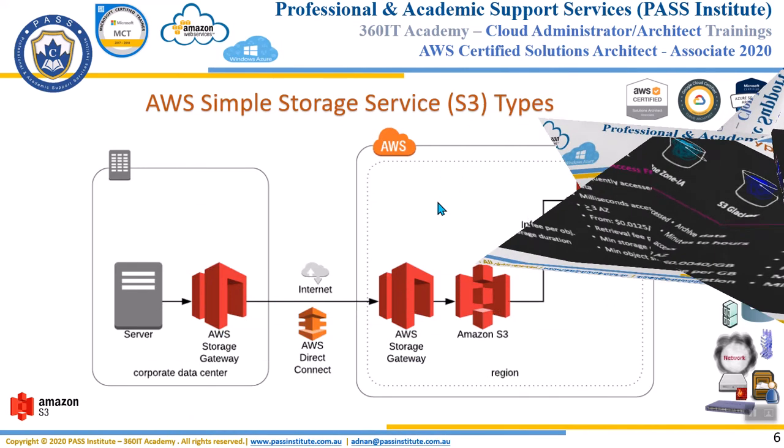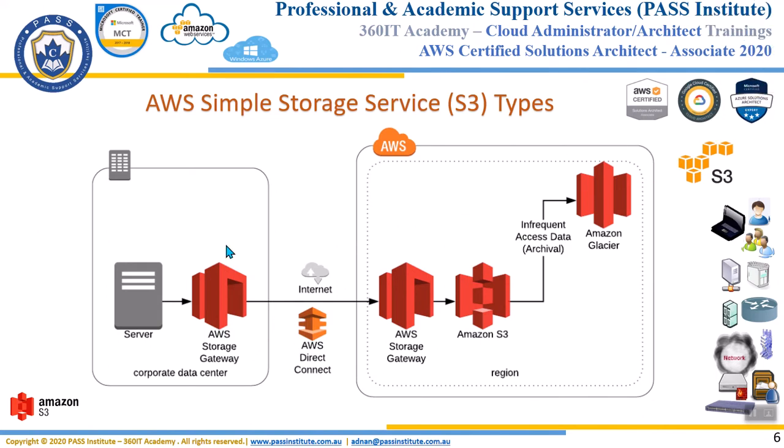So here is the architecture. In the lab, we are going to create a simple S3 storage, then upload some files to the S3 storage and work with them. When we upload a file, it is considered an object. When we create an S3 storage, we need to know which region it is being created in, and we will name that S3 storage. Later on, we will expand this by uploading more and more files and connecting it